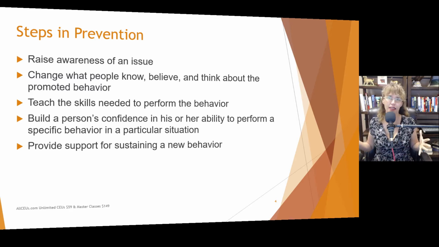And this is true for anything. It's not just opioid prevention. These steps are true for any type of prevention activity, whether you're talking about diabetes or high blood pressure or dementia. We raise awareness and then educate people about the issue in order to help them make better health-conscious choices. Teach the skills needed to perform the behavior. If people are using because of chronic pain, well, maybe they don't know any other alternatives besides opioids to treat pain. A lot of people, their knee-jerk reaction whenever they're in pain is to pop a pill. And it may be important to teach them